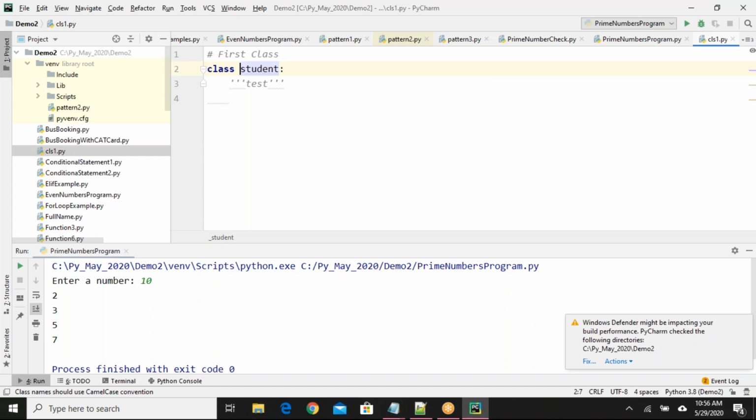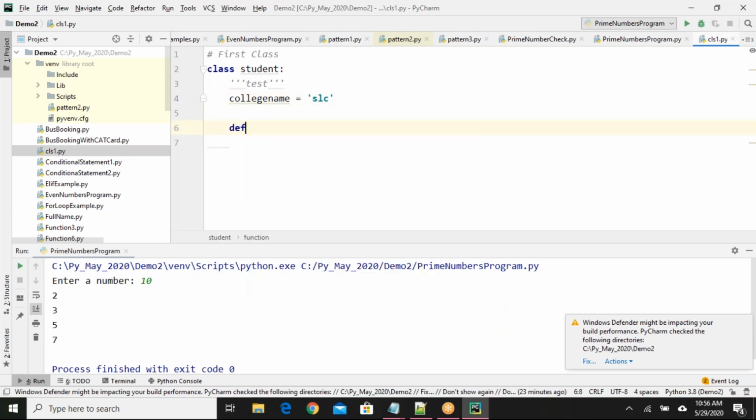Say for example, I declared a class Student. Inside this class, I'll be having some methods and some variables I can declare. So if required, I can declare a variable like college name equals to some SLC. This is a variable.